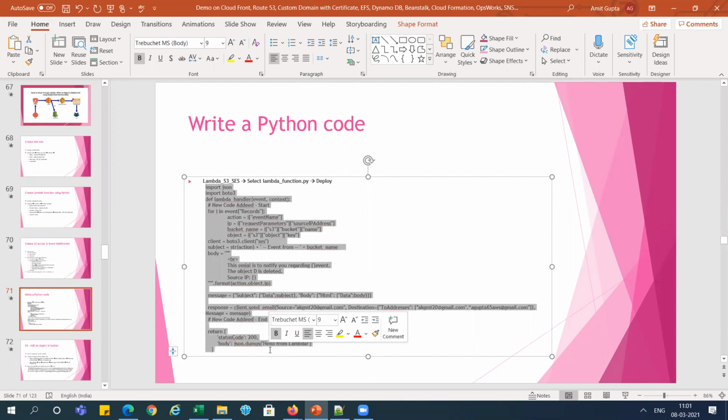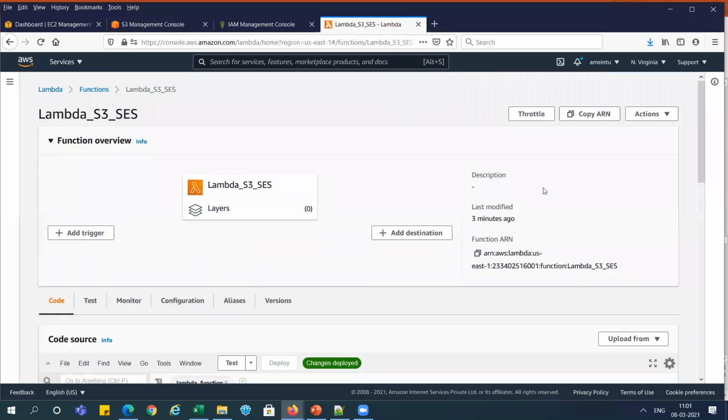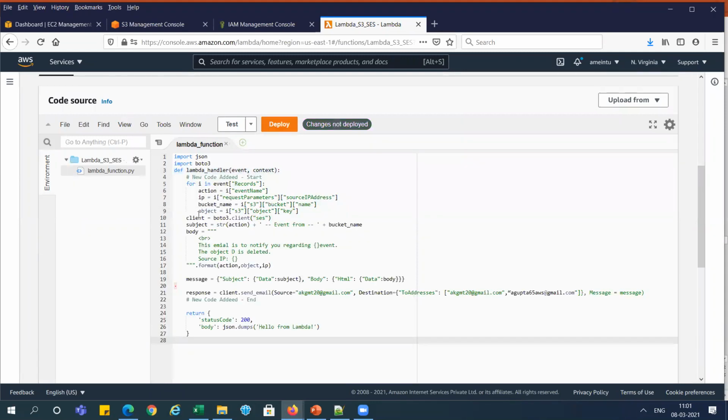So basically what this code is doing, I will show you in the Python. This is the code view. I'm just replacing this whole thing with this one. We are using JSON, and I imported Boto3, which is supported by the Python Lambda function.